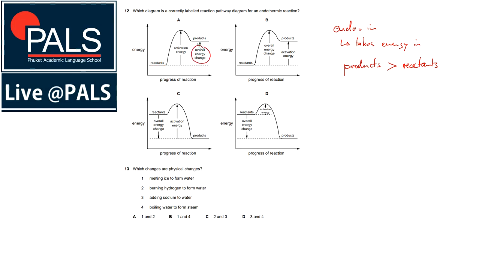Therefore, this is correct, and the activation energy is the energy required to start the reaction. So we can see that for the reactants to react to form products, we need to put that much energy in at the start to get it all started, and then a little bit of energy will be released again to form the products. The reason for that is because bond breaking